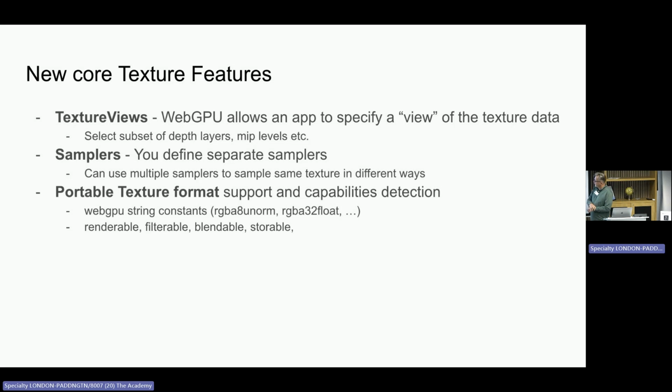A big effort is also portable texture format support. Texture formats are quite complicated. And obviously, in WebGPU, we have these nice string constants. In WebGL, it's all these numeric constants. Then you need to discover whether there can be different capabilities. Can you even create them, or can you render them as from a shader? Can you write into that? Can you sample it? Can you render it? Can you filter it? Can you do sampler filtering? Can you blend into that format? Can you use it in storage buffers? We have an API now that allows you to discover what capabilities you have on your platform, use the WebGPU style string constants, and